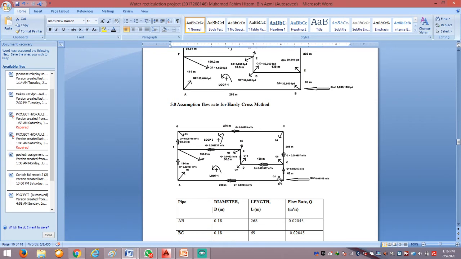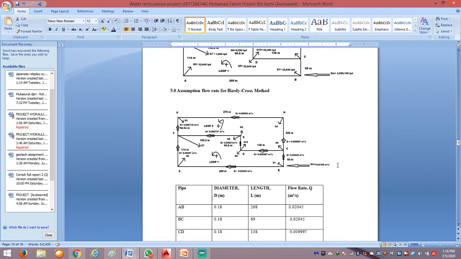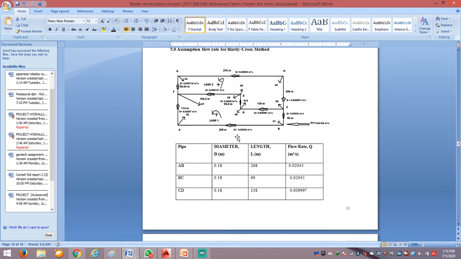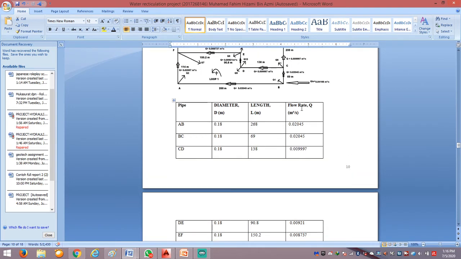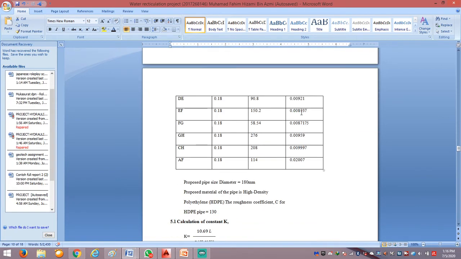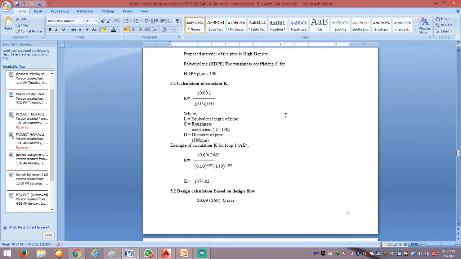So Q in will be minus by the Q out to get all this value. As you can see, the Q in is 0.04168 meter cube per second, and it also exits this value. If we add this value and this value, we will get the same answer. So the Q in and Q out is balanced. So I'll use the assumed flow rate on the